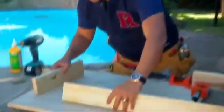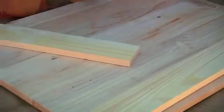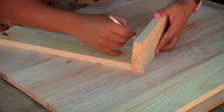For the first step of our storage trunk, we're going to be creating the framework. Now what we're going to do is create a rectangular framework of a few layers. And how we're going to do that is by placing the planks together like this. So I'm just going to take a similar plank just to mark off the width where I need to drill